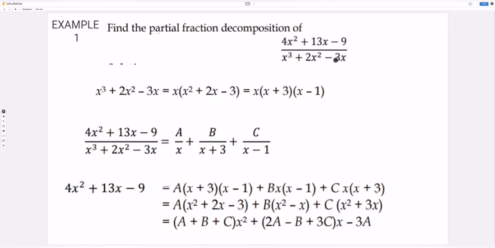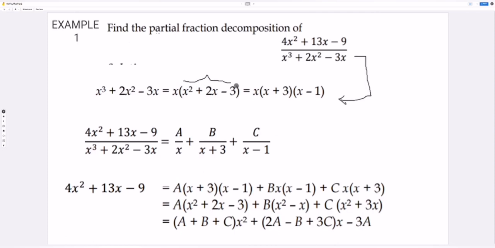So our first step is here. We know that we have x cubed plus 2x squared minus 3x, and we need to find its factored form. First, we put the x outside, and the remaining terms would be x squared plus 2x minus 3. Our next step is to find the factors of x squared plus 2x minus 3. And we know that the factored form for it is equal to